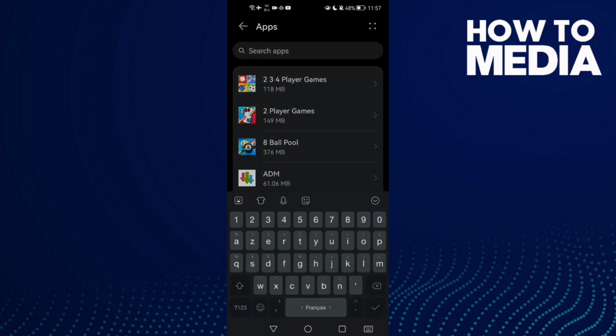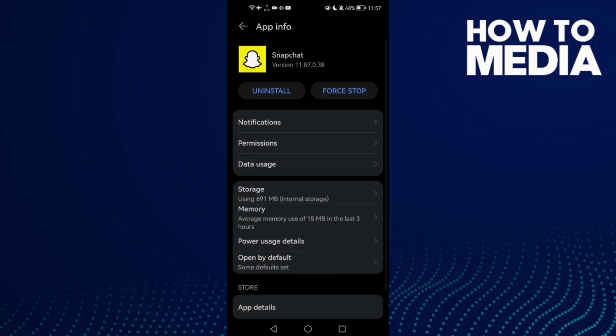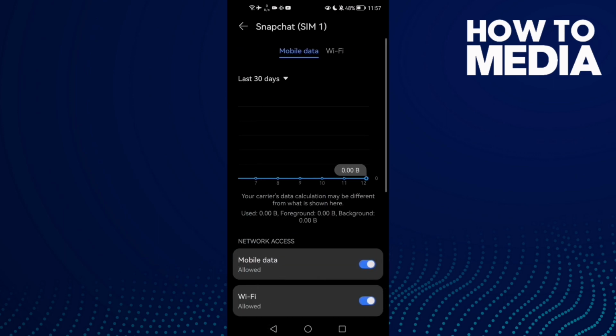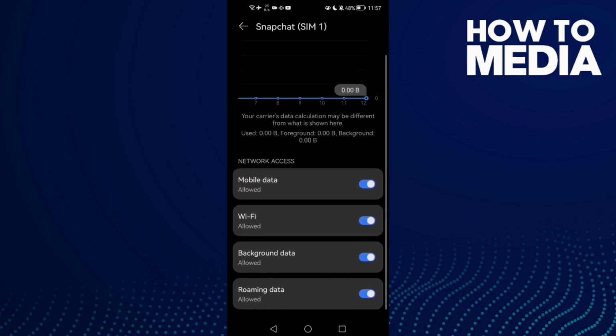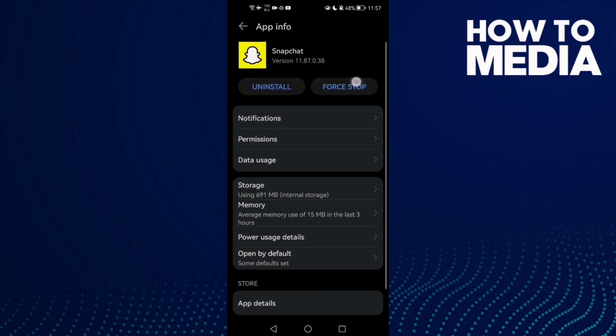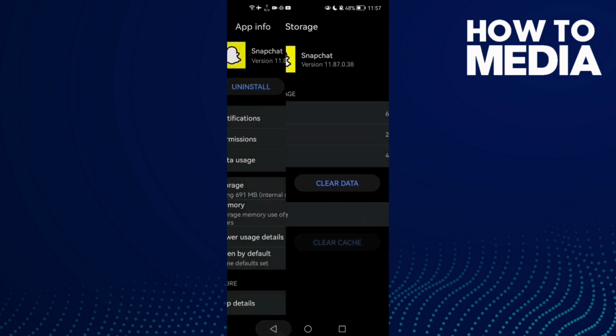Now type here Snapchat and then click on it. First, just click Permissions and allow all of those permissions here. Then go to Data usage, check Background data here, maybe you'll find it like that, just allow it and then allow all of those. Then just click Force stop and go to Storage and click Clear cache,